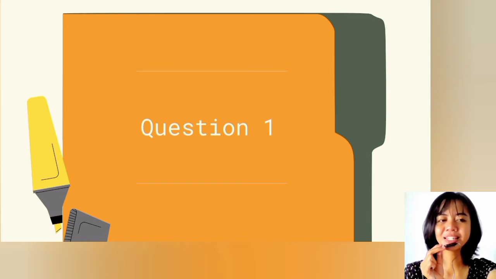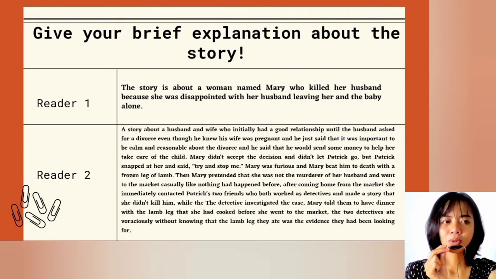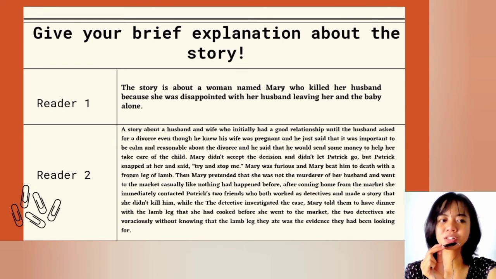All right, so I will begin to read the responses to question 1. Question 1: Give your brief explanation about the story. The first reader answered that the story is about a woman named Mary who killed her husband because she was disappointed with her husband leaving her and the baby alone. And for the second response, from reader 2,